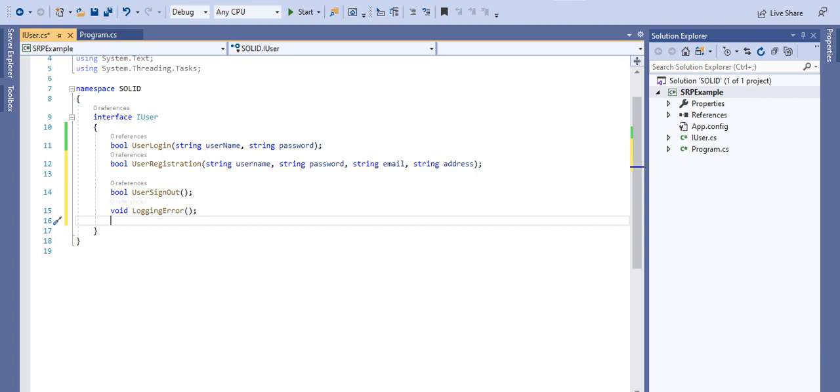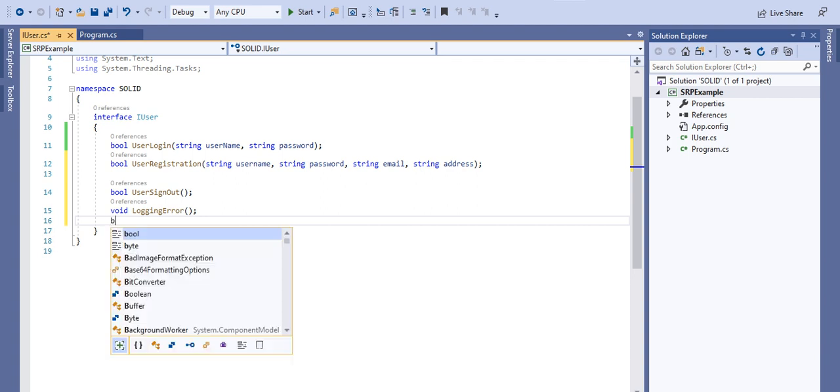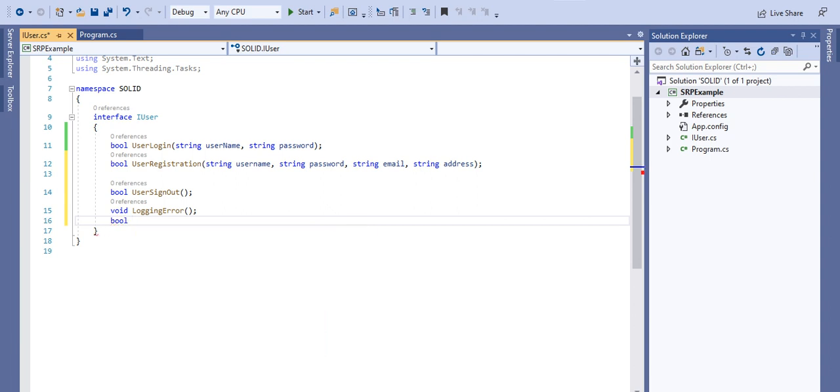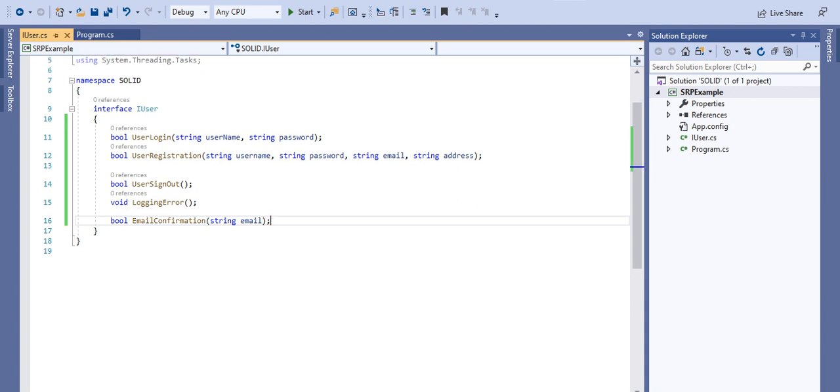And we will take another function: when the user registers for the first time, it will send an email confirmation. So I will take one more function called EmailConfirmation, and here we have to pass the email ID. So these are the functions which we have created in our application.